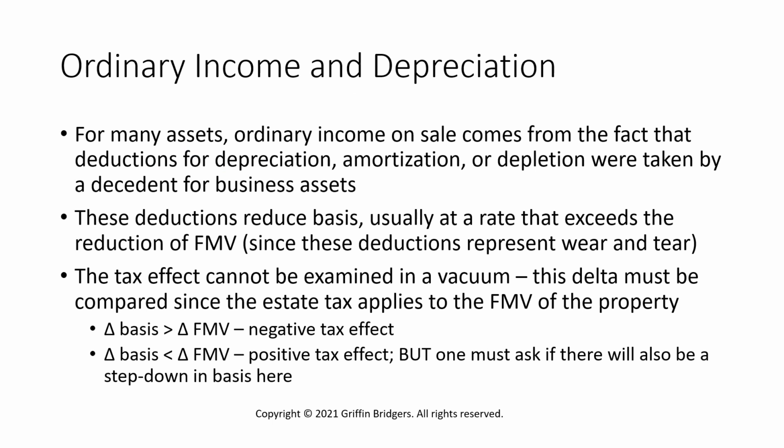Now, for many assets, especially ones that are used in a business, there could be ordinary income on a sale due to the fact that deductions for things like depreciation or amortization or depletion were taken by the decedent during his or her lifetime. And those deductions are usually reflective of reductions to basis that come from those types of income tax deductions. So because these deductions reduce basis, there will usually be a much lower basis at death, which